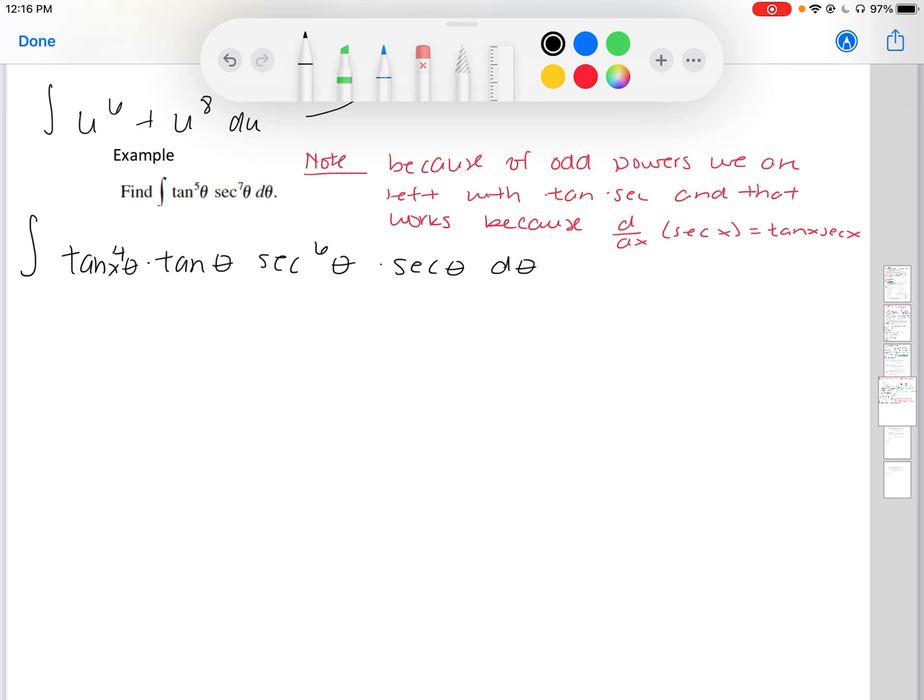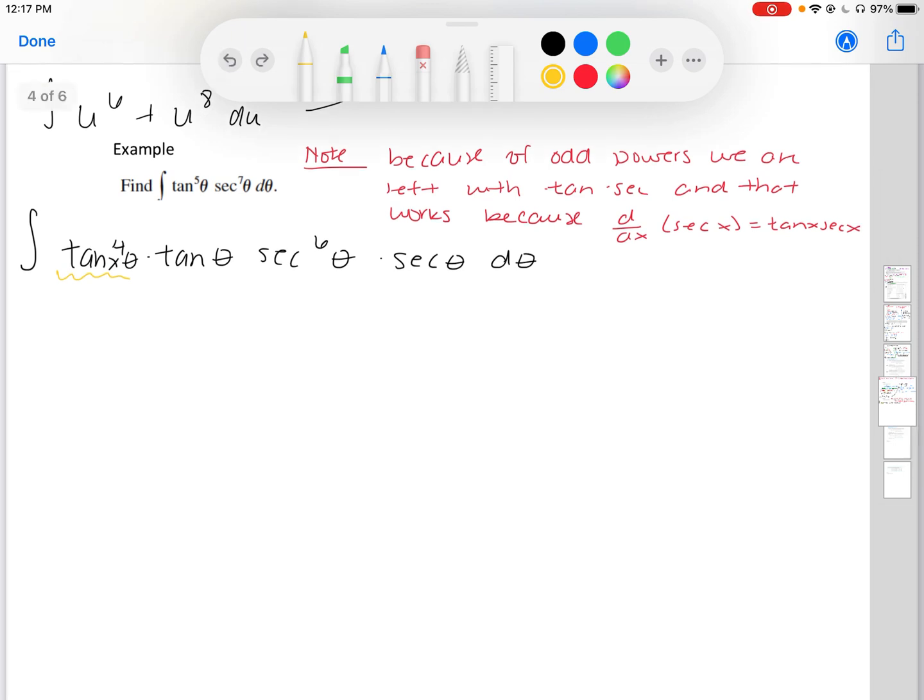Okay, now because we have our even powers, we're already thinking our Pythagorean identities. Well, not for secant, but for tangent. So we can think of that one as secant squared theta squared. And with our Pythagorean identity, we have